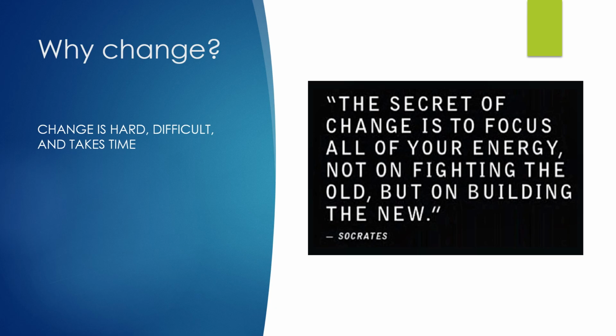The secret of change is to focus all of your energy not on fighting the old, but on building the new. Socrates. And this is a very essential quote. When we're thinking about what it is a change, whether it is a community or if it is a business or higher education or something to do with housing or healthcare, building something new for the future generations, building something new looking at how it may impact an elementary school student in the future years is what we need to be focusing on, not the argument of the way we used to do it, or I didn't get that, or many of the not in my backyard type